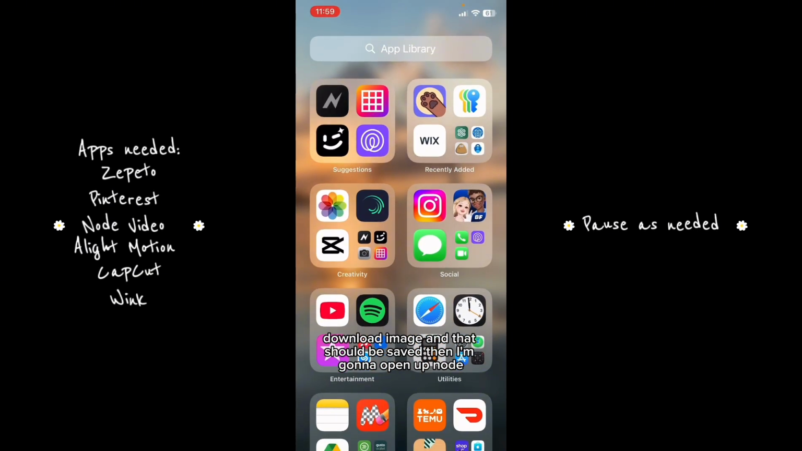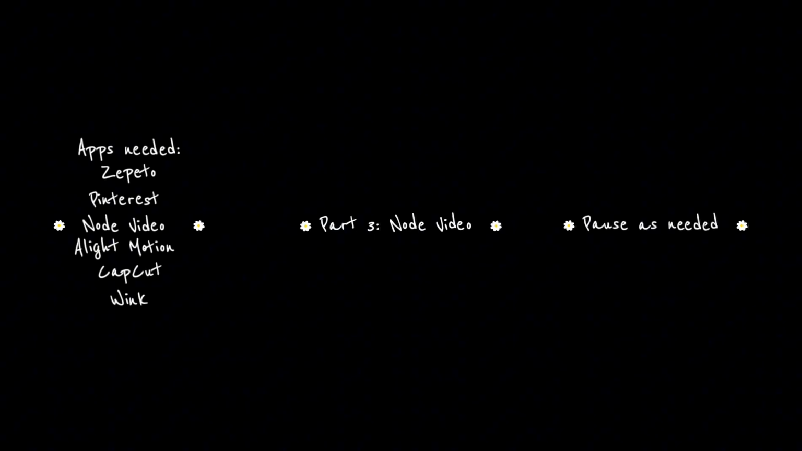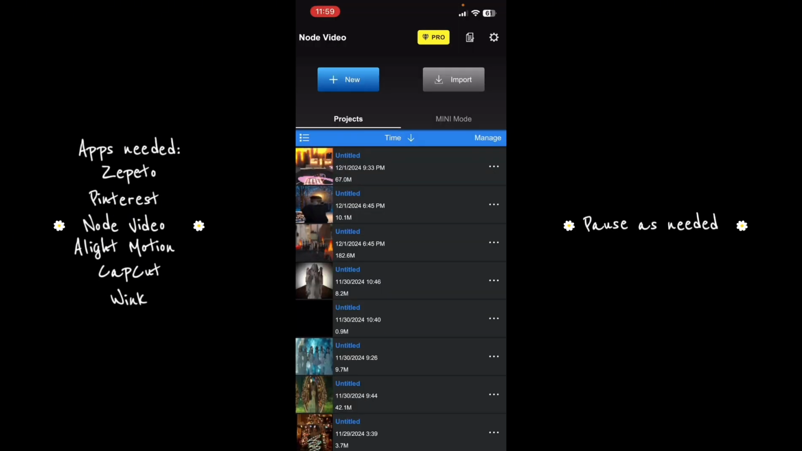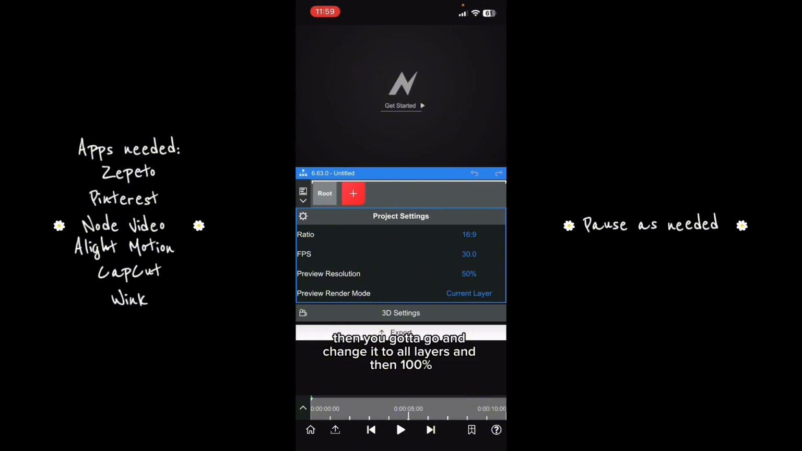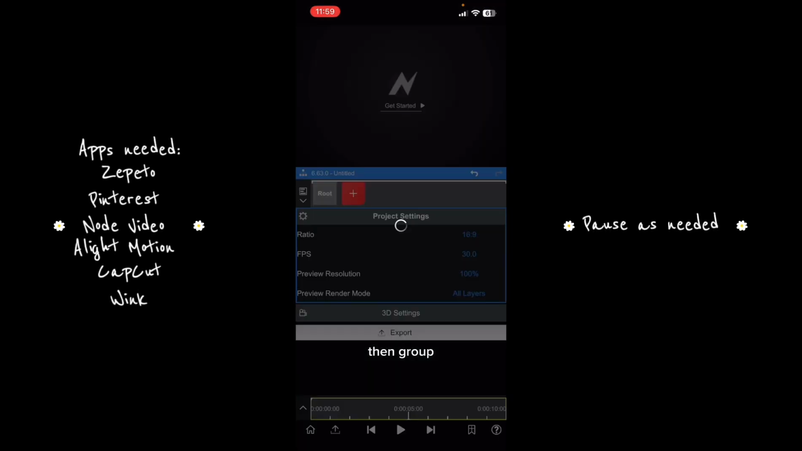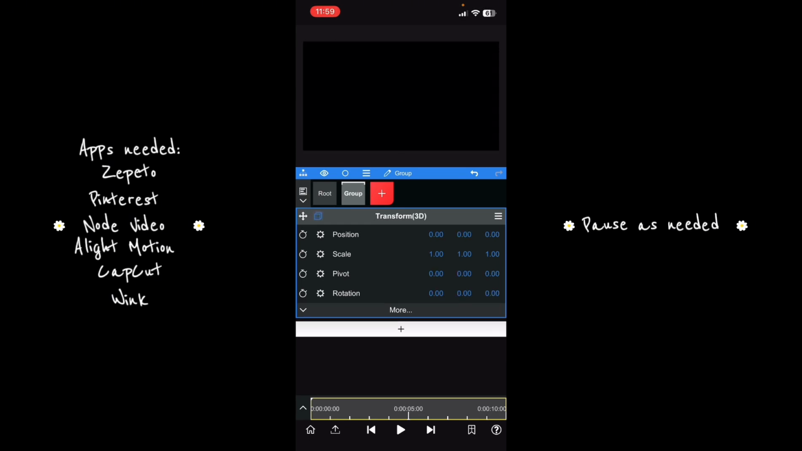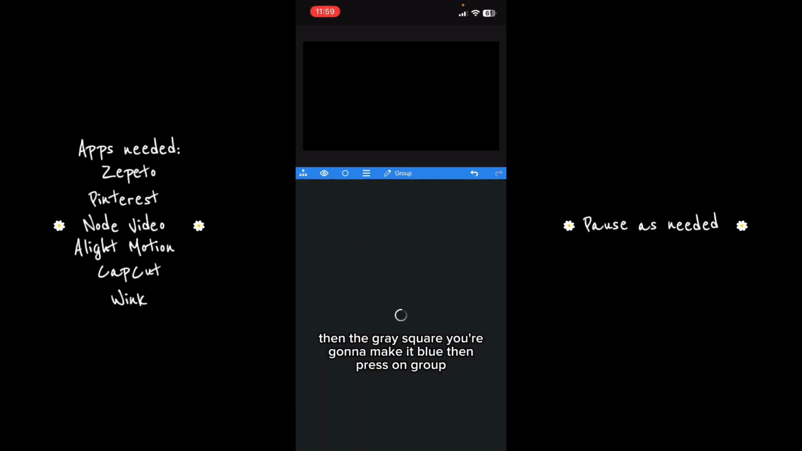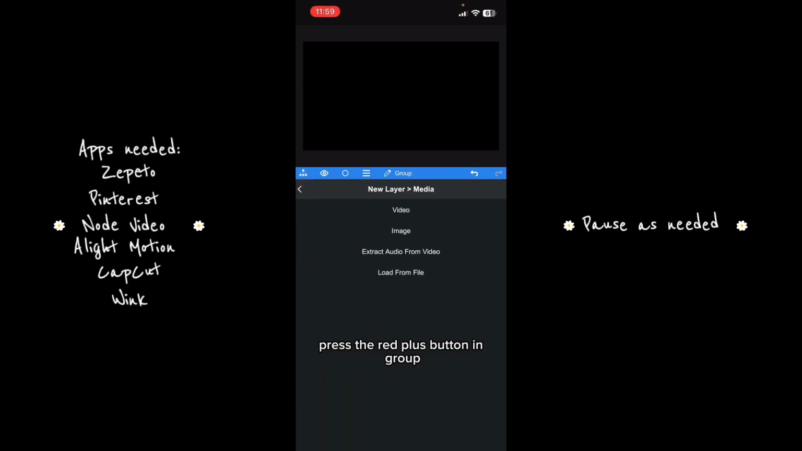Then I'm gonna open up Node, press new, then you're gonna go and change it to all layers and then 100%, then press the red plus button, then group, then the gray square, you're gonna make it blue, then press on group, press the red plus button in group,